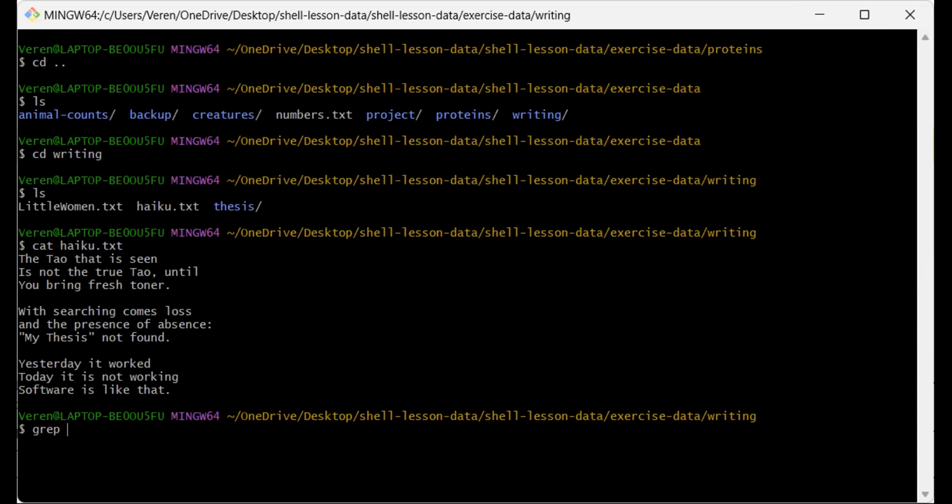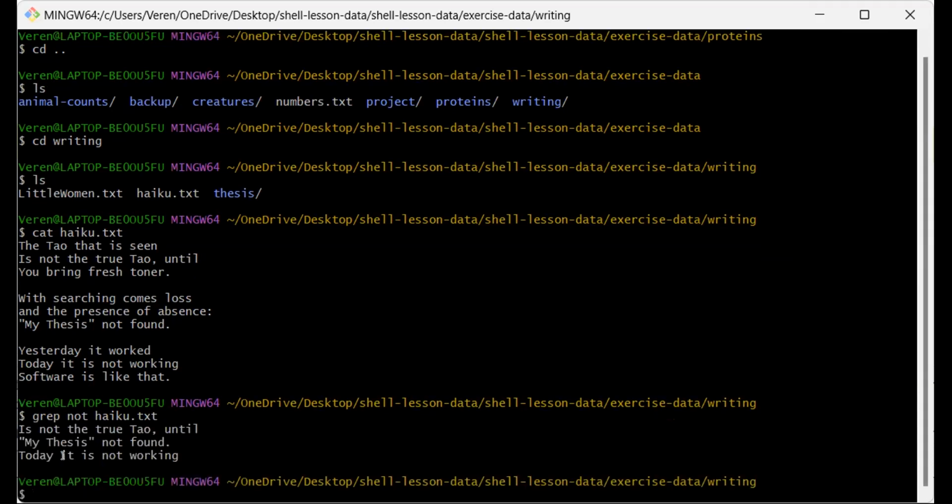So let's search for the pattern not. Essentially it's searching for lines that contain the word not, and then you must tell it where to search. So we're going to search the haiku.txt file for lines that contain the pattern not, or the word not in our case. When we do that, we see that 3 lines are returned,